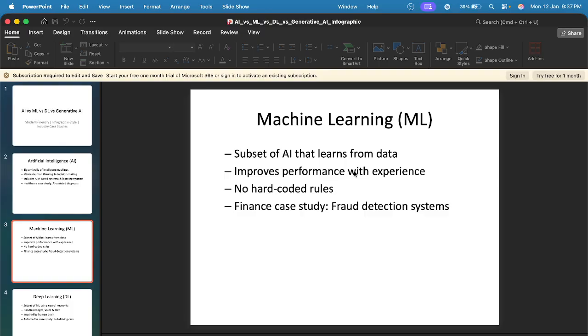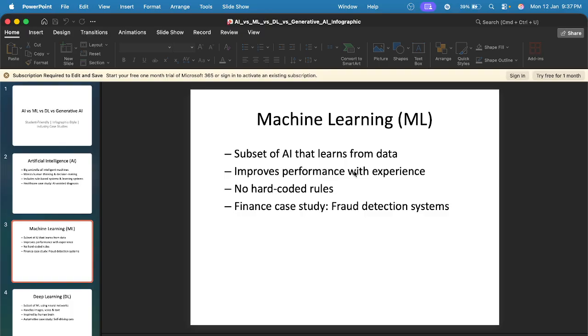We will discuss these things in future. Deep learning handles images, voice, and text. You can train your model using text, voice, and images. If you are using these types of data, images, voice, text, to train your model, that comes under the deep learning category. An example is self-driving cars like Tesla.